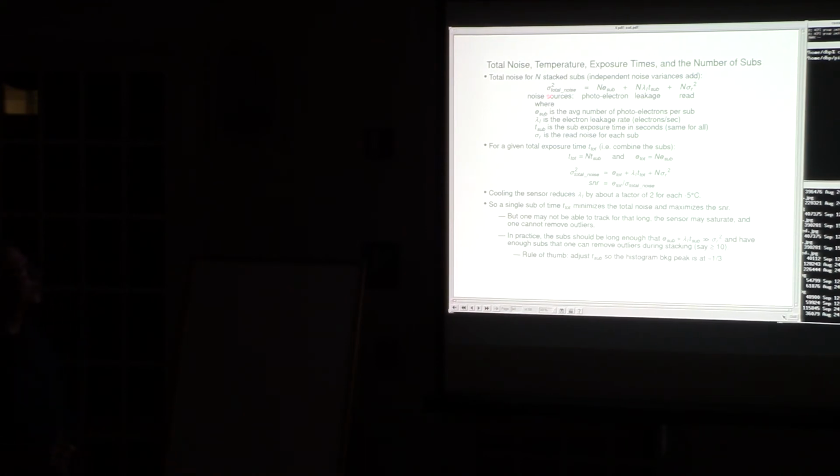So your total noise, and I squared both sides of the equation just to make it look similar. So this is all in variances. So the total variance is equal to the variance of each sub times n, then the leakage of each sub times n, and each read times n. You apply that constraint of the total time of, say, an hour, do a little bit of algebra, and you